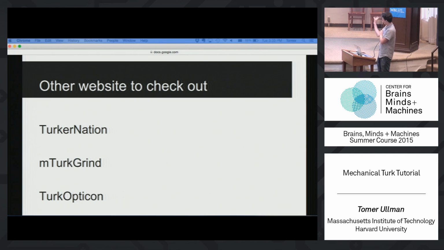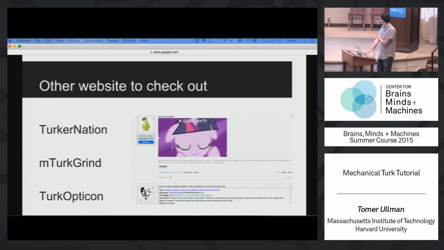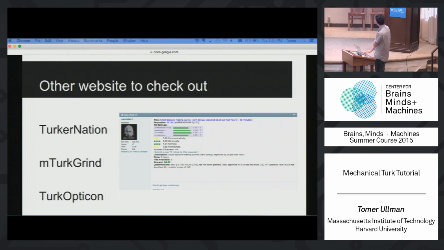Turkopticon is the usual thing that will then be used to, this is what one of these forums looks like, by the way. They're like, you know, oh, it's terrible, it's Tuesday, what should we do today? Here's how much I've done today. Somebody says, I didn't see this posted anywhere. Very interesting to those of you who want to do 3D printing, and then there's like the title of the experiment and a description of it. And people can just click directly from there to the experiment. Usually the experiments that they post on the forums look something like this.